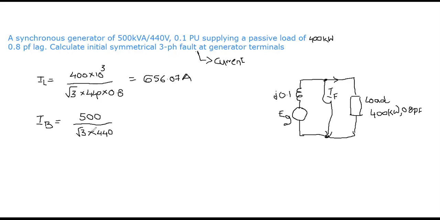Please do remember, this should be expressed in terms of kV. So 500 kVA by kV base, 0.44, which equals, again you will get the same answer, 656.07